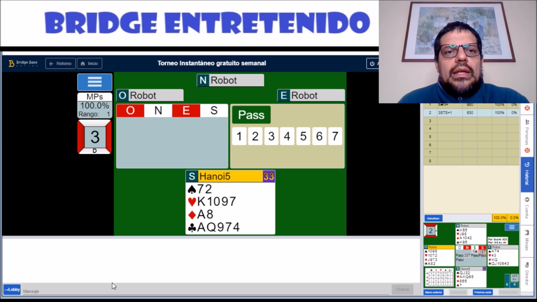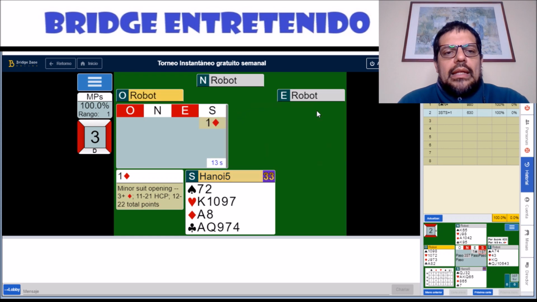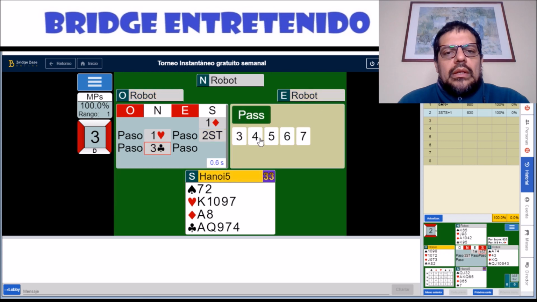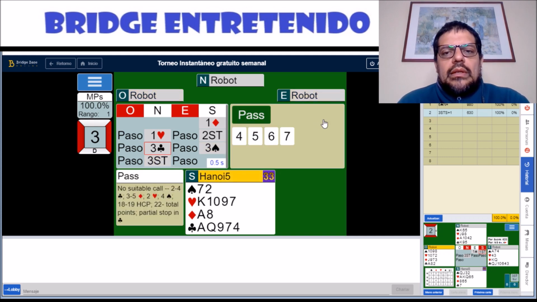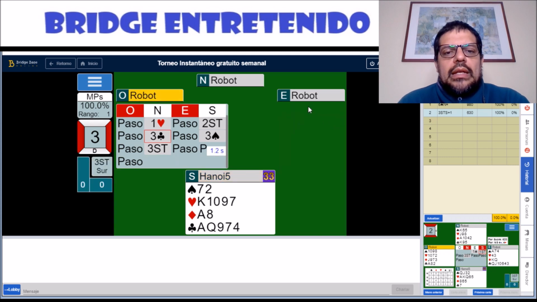Hand number 3, again, we need to start with a big lie, diamond, and we have to bid 2 no trump at this moment. The robot asks about majors. We claim to have spades, cover our bases over there, and then